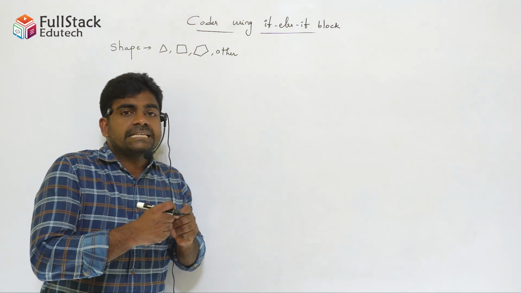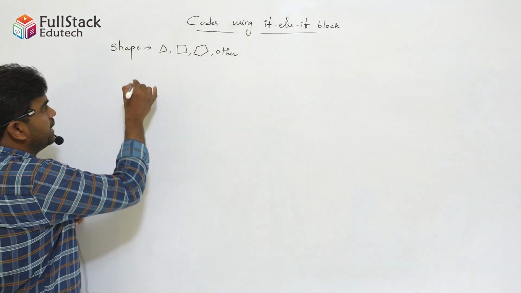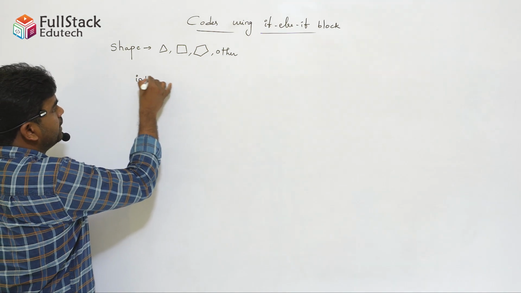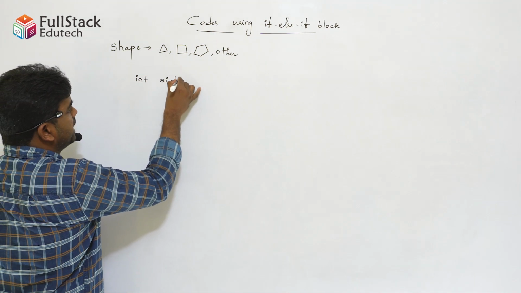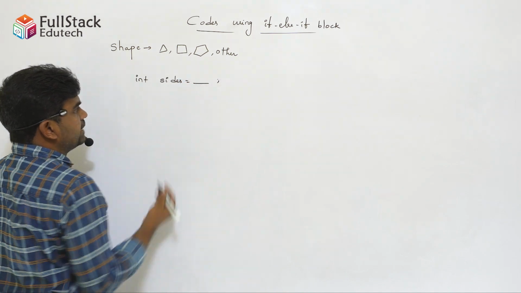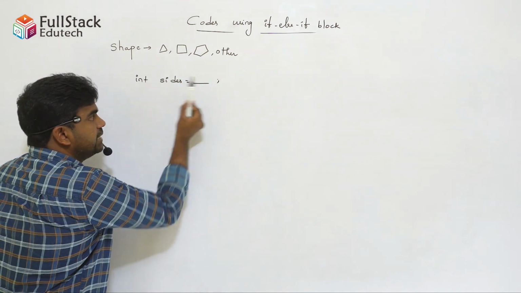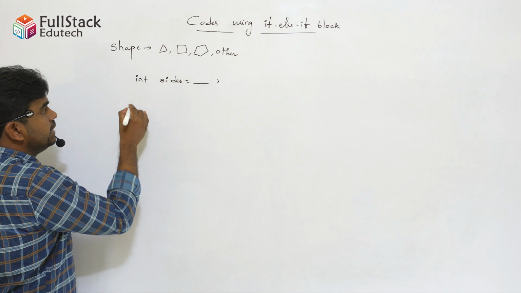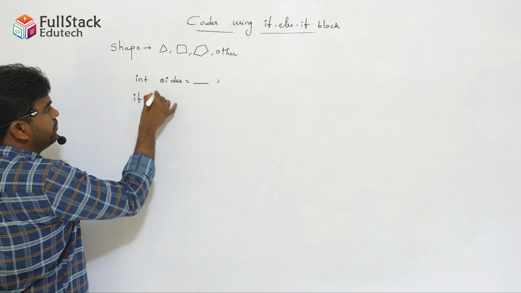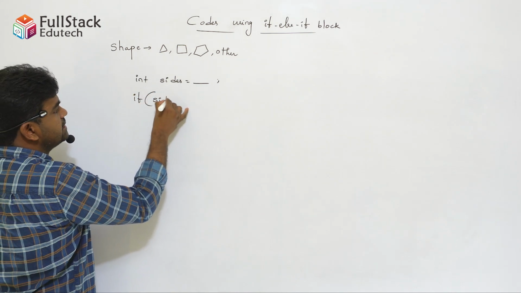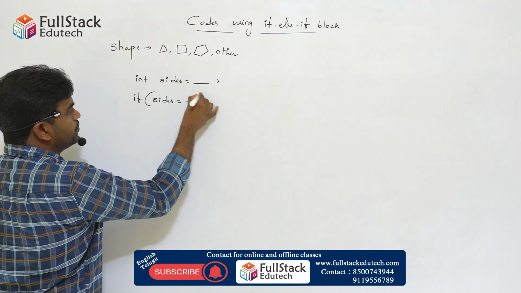Using the number of sides. So here we need to declare a variable, int sides; any number can be given, we cannot specify the number. So here we write the code: if the number of sides is equal to 3,